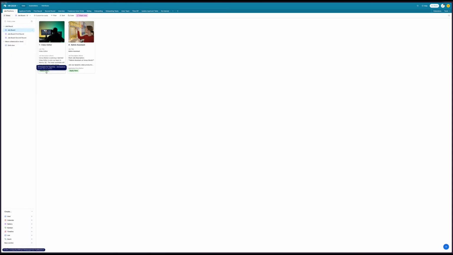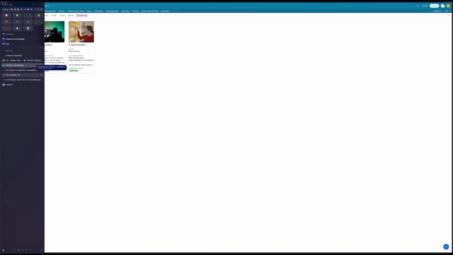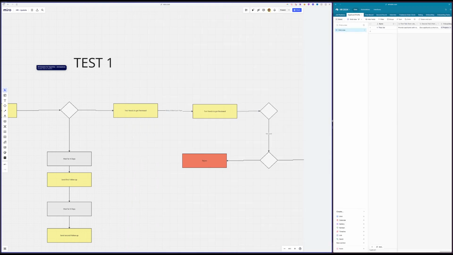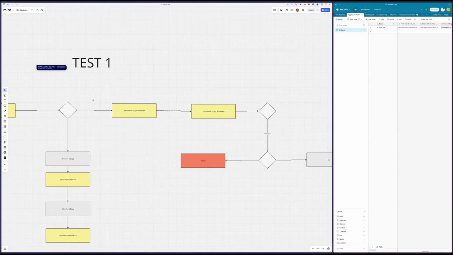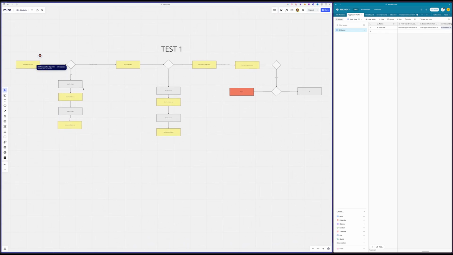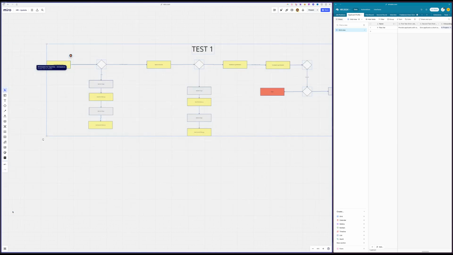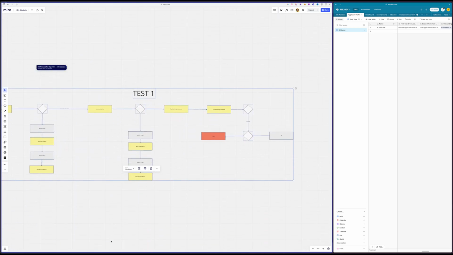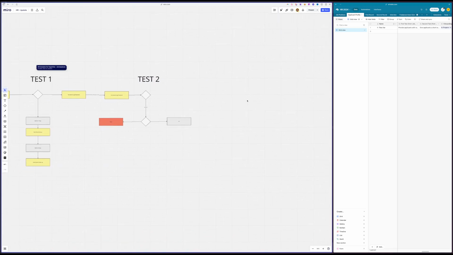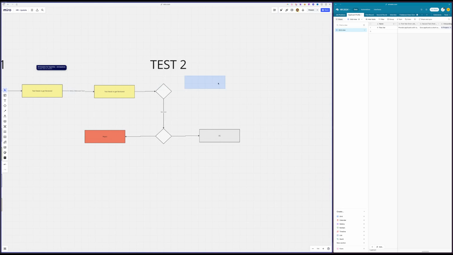What is that? Okay, anyway. And here we are in test 2. Needs to get